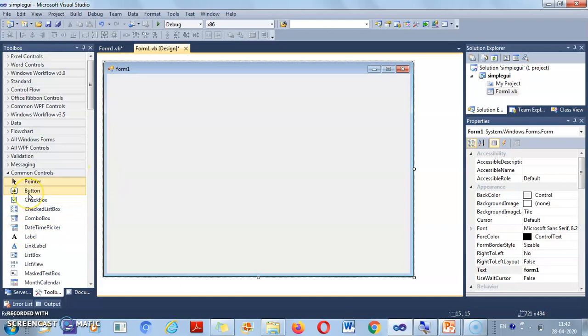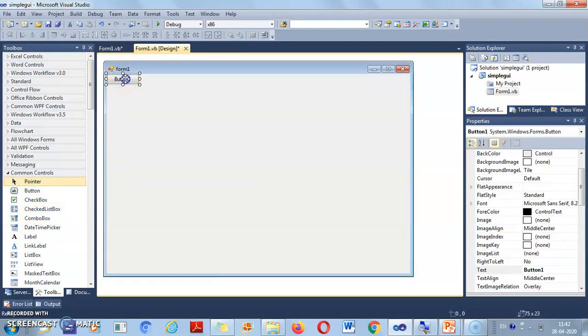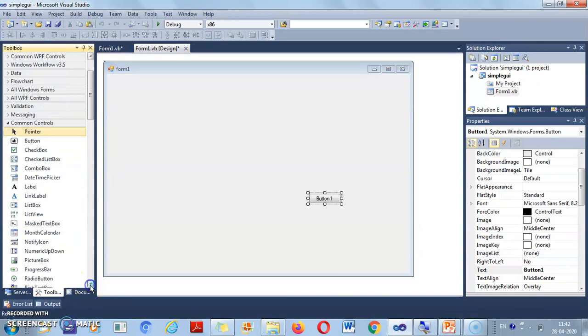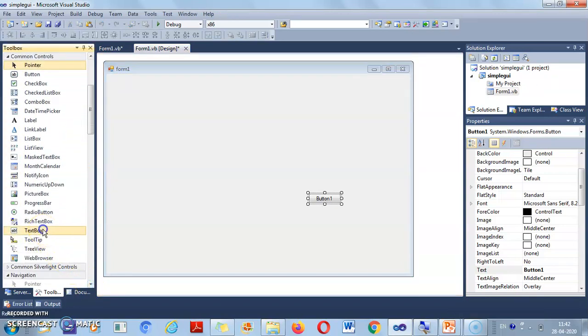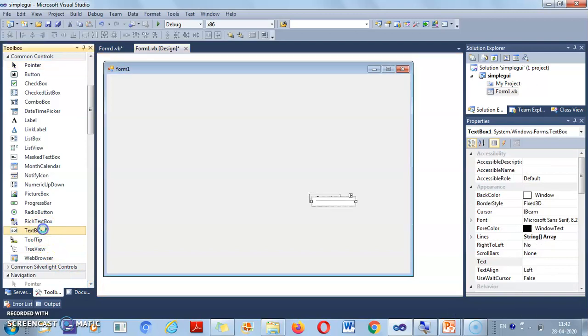So we will take first one button, then the text boxes you will find here. We need 3 text boxes, for addition of two numbers into the third one.